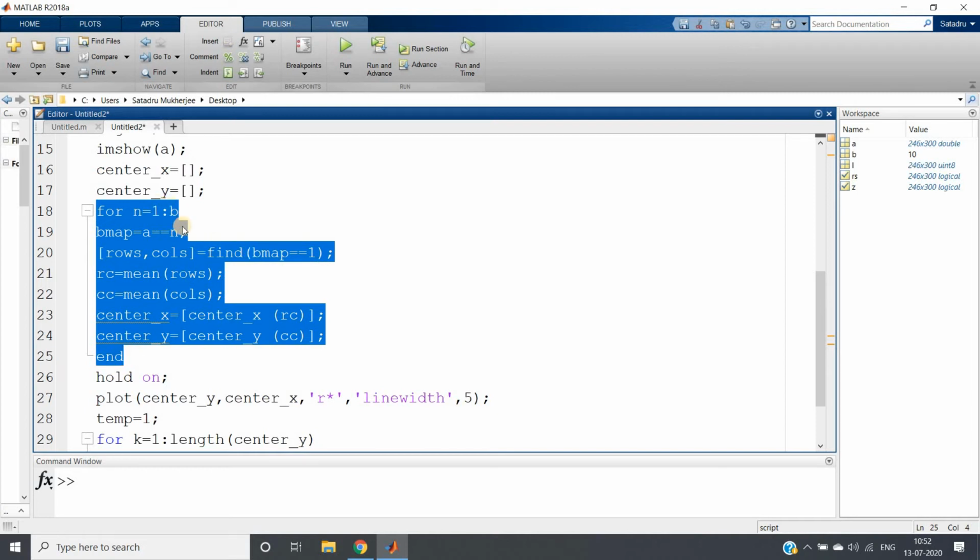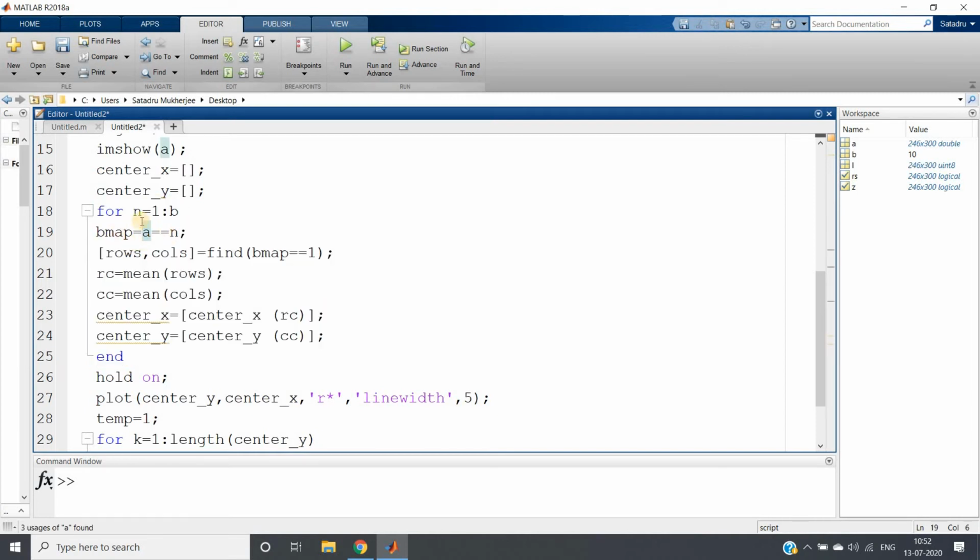For each label, I am finding the rows and columns where that label appears, and then we are taking the mean of all the rows and the mean of all those columns. Then we are storing that in center of X and center of Y. Then I am giving hold on to plot those, and plot center of Y, center of X with 'r*', that is star and red color,